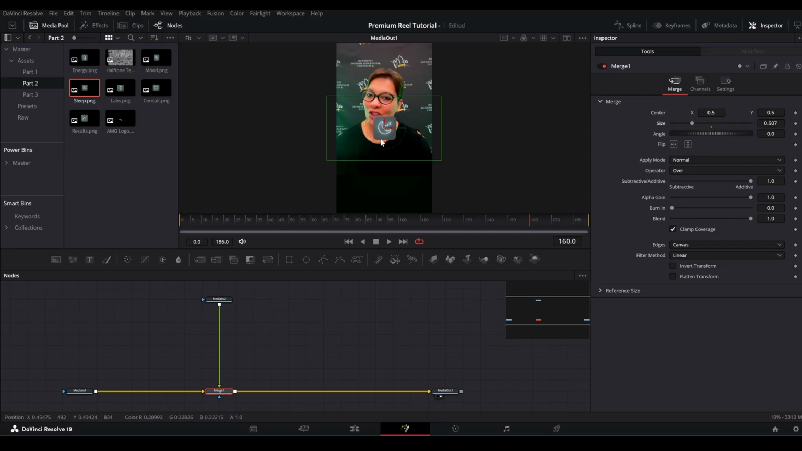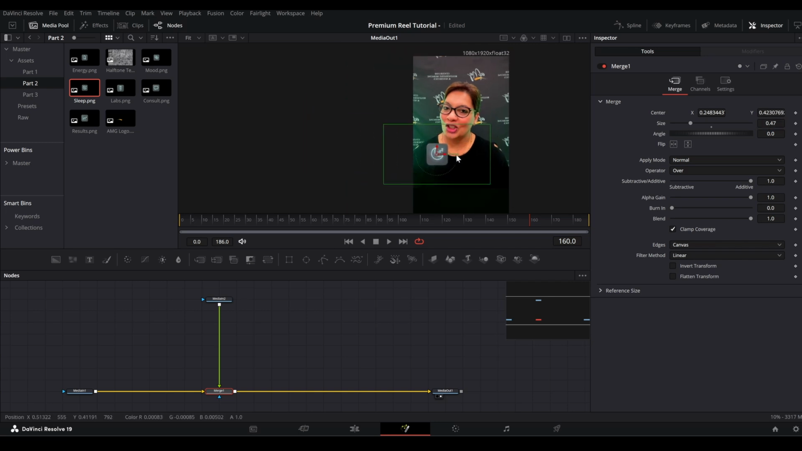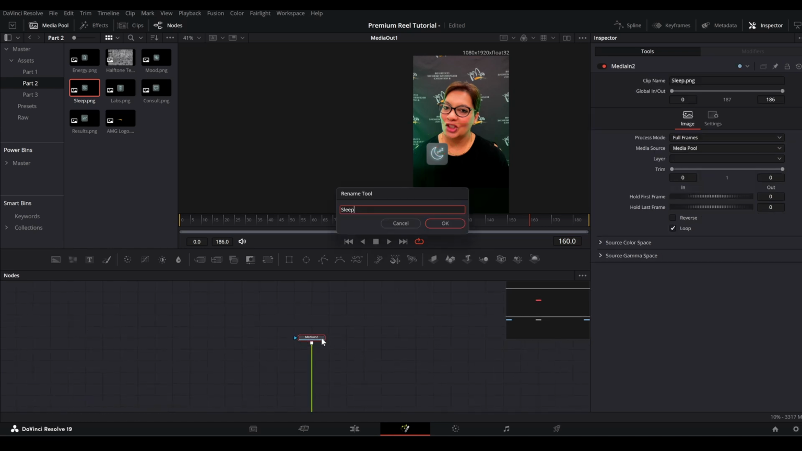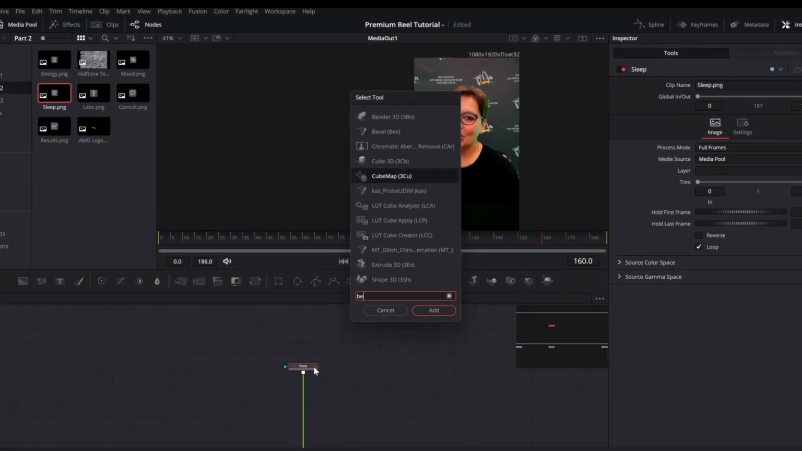and scale it down like so and place it on the left side, and a little bit about here. And then let's rename it to sleep, and then I'm gonna add a custom node called bevel,